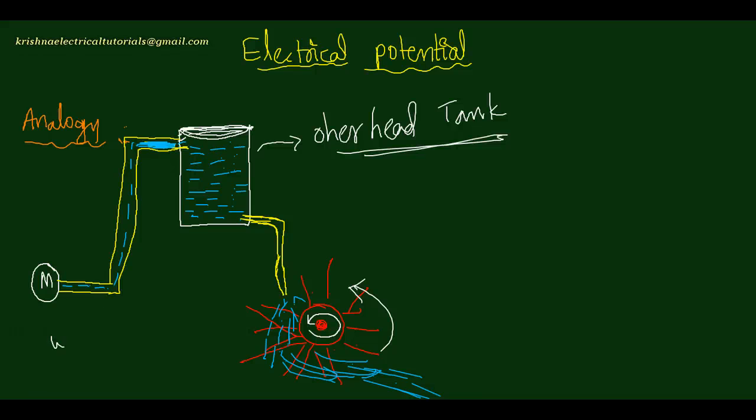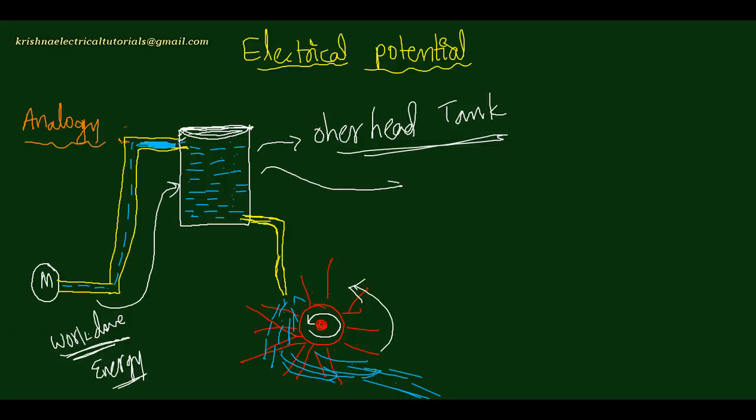A certain amount of work has been done to bring this water into the overhead tank, and due to this work a certain amount of energy has been spent. So some energy is spent. What is that energy in terms of mechanical energy, or electrical energy, or motor energy? Whichever energy we have spent on the motor will be stored in the overhead tank in the form of